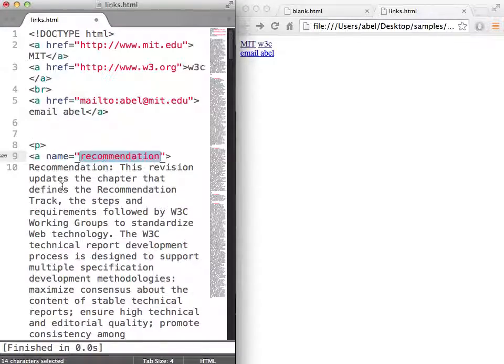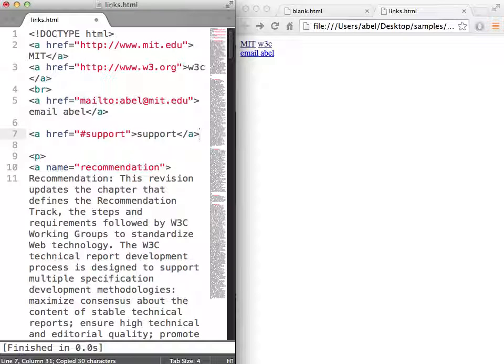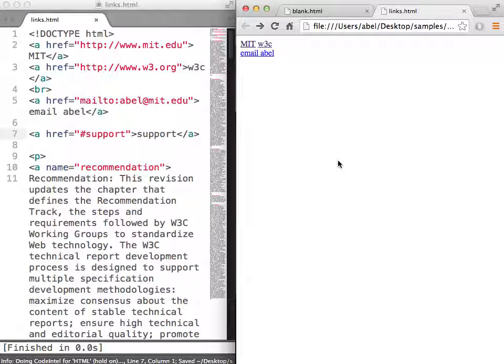Now I'm going to specify the links to that content. I'm going to start off with the one for support. Let me grab that. And you can see there that the link starts off with the pound sign, and that's a standard within the language. So if we save this and